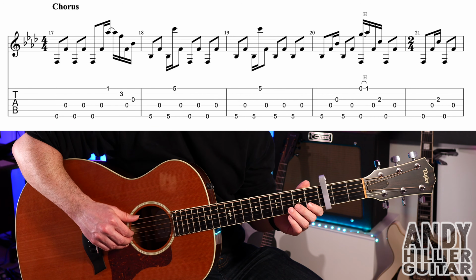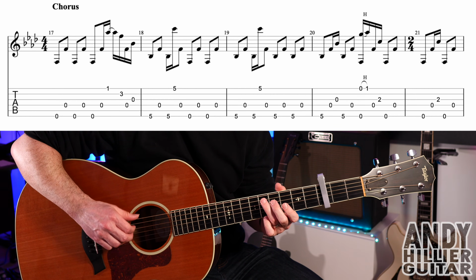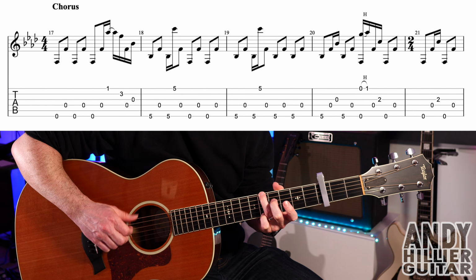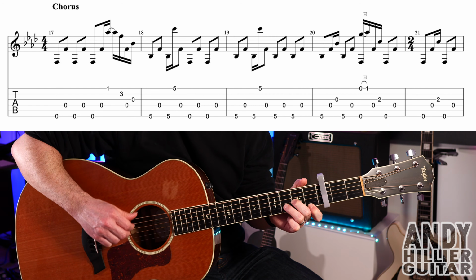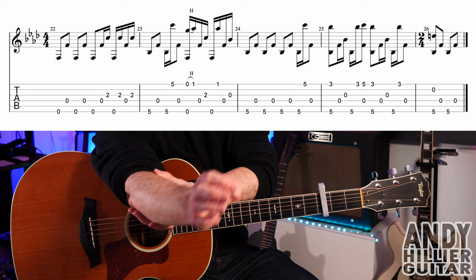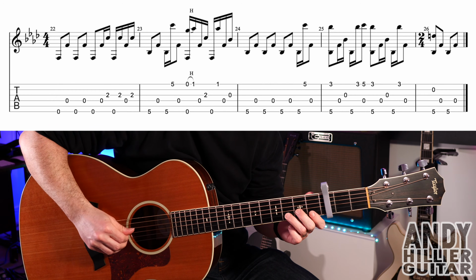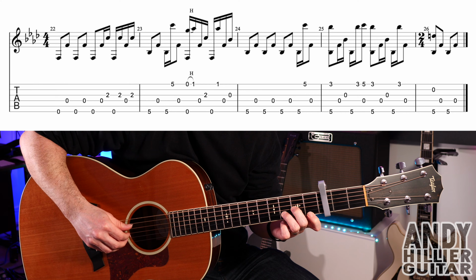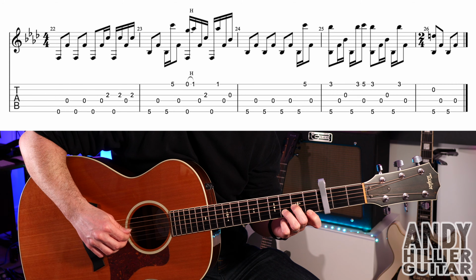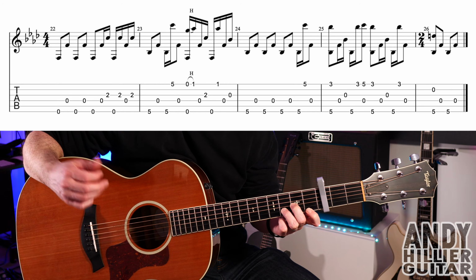Bit faster. And then onto this last line, still it's like part of the chorus, but it's just a bit before the guitar solo. We've got so E, D, E, D, E, D, G2, E, G2, D, and then G2. So you got